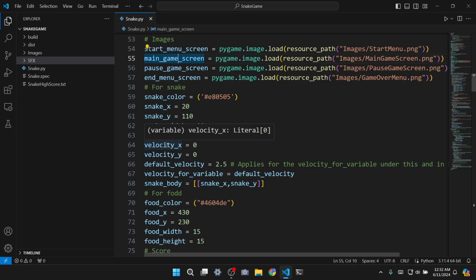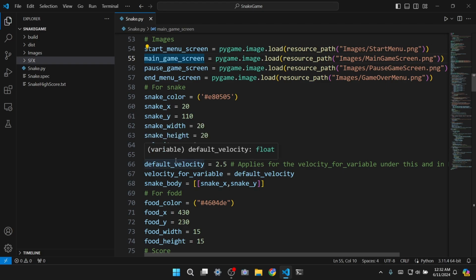When you press WASD, then it's going to start moving. Then we have a default velocity, which is basically the snake's velocity. What speed is the snake going to move at? I set it as default because the snake gets